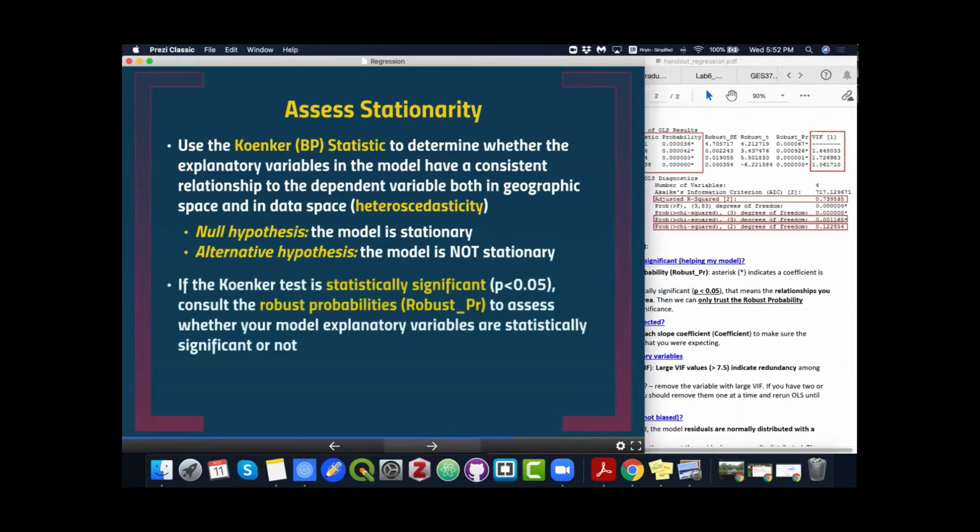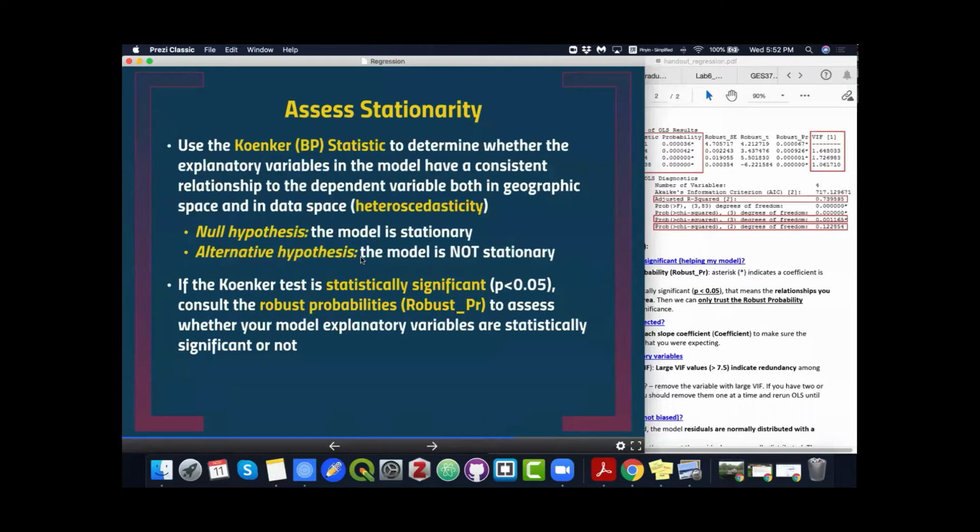So if the p-value for the Koenker test is smaller than 0.05, we can reject the null hypothesis that the model is stationary. So here for the Koenker statistic, we're looking for a bigger p-value for the relationship to be stationary. I don't know if that makes sense. Usually whenever we're running inferential statistics, we want a smaller p-value because a smaller p-value usually means there are some patterns, some relationships. However, for the Koenker statistic,